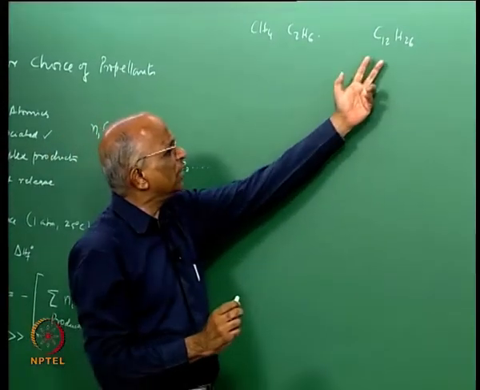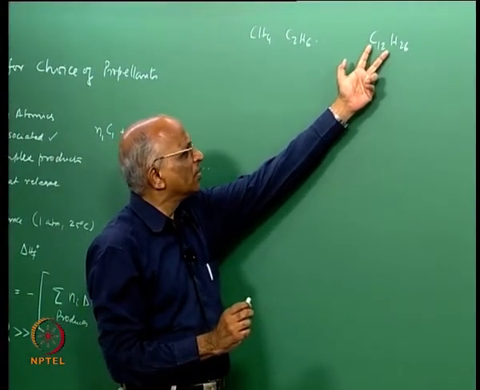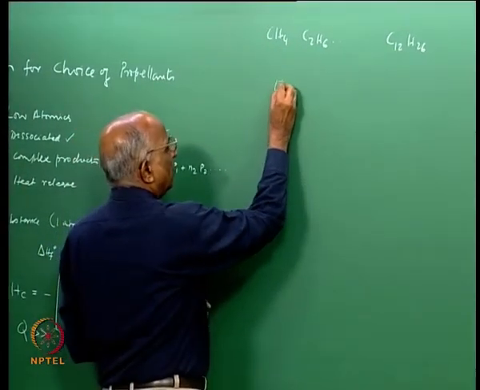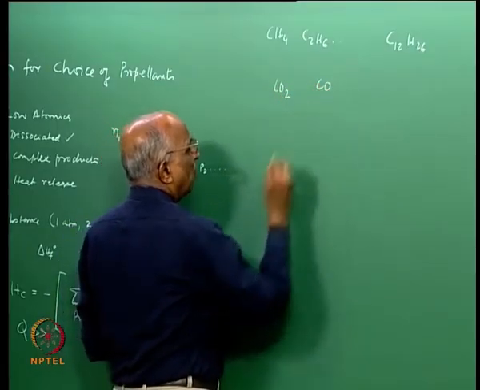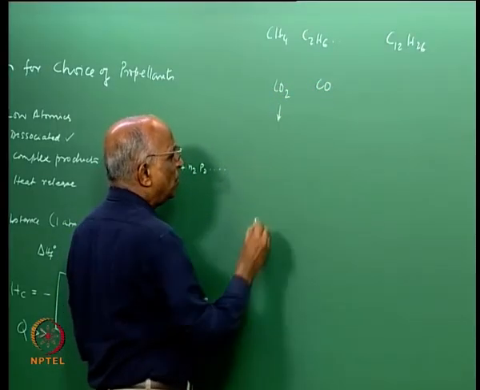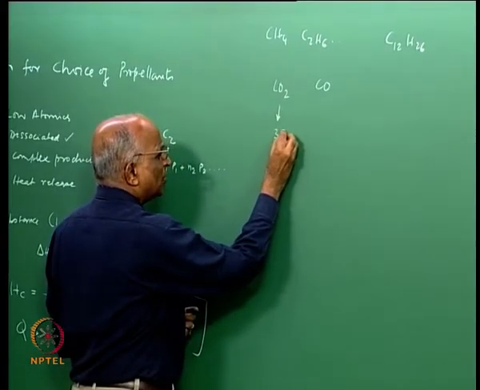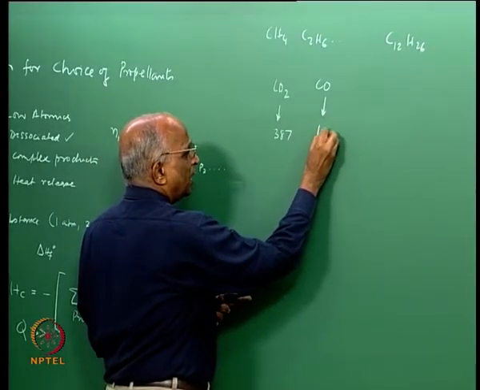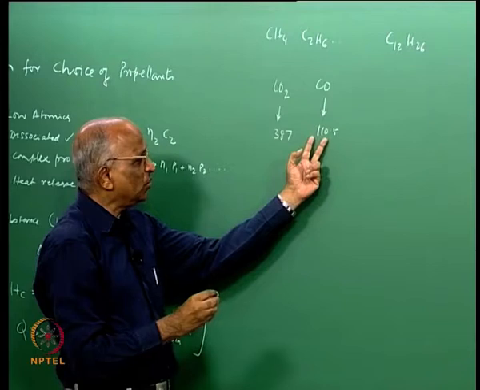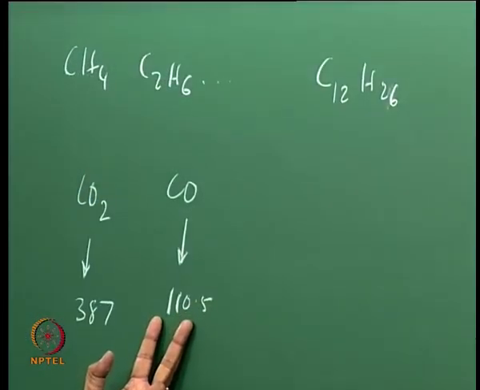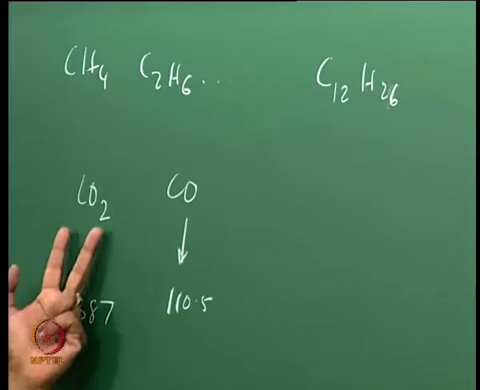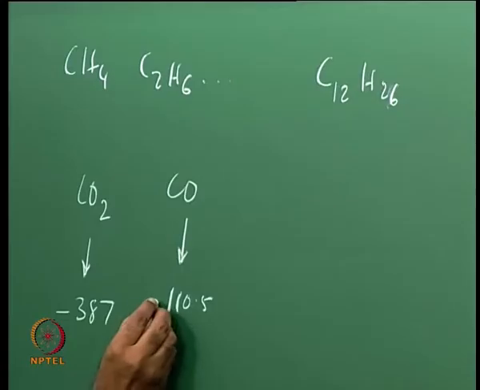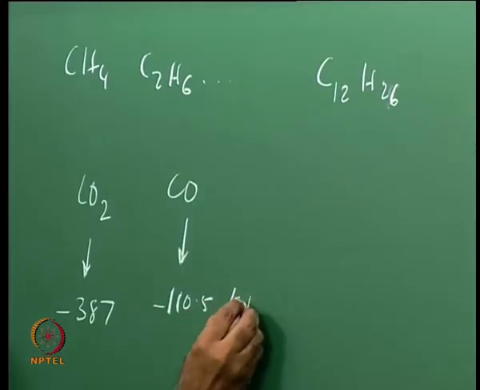Therefore, we told ourselves if the substance or the chemical is a little more complex, maybe the heat of formation is higher. And this we also saw in the example when we saw CO2 and when we saw CO. We found that the heat of formation of CO2 was something like almost 386 or 387 kilojoules per mole, whereas CO we found it was 110.5. In fact, we used the reaction to find out the heat of formation of CO. CO2 being a little more complex means the heat of formation is higher. Mind you, it was negative 387 minus 105.5 kilojoule per mole,